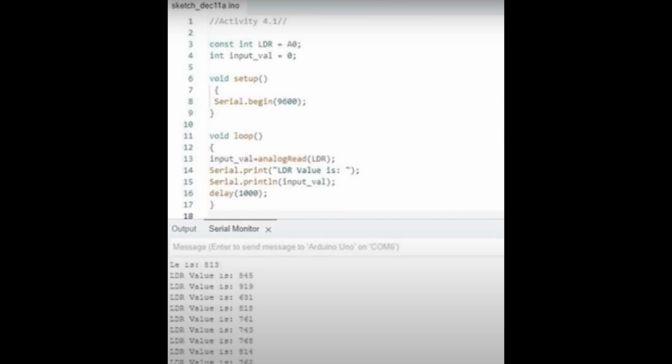Solution: a sketch for illuminating tilts. This code brings movement to light. It defines pins for 2 LEDs and the tilt sensor's output. It sets up serial communication for debugging and insights. In the loop(), it reads the tilt sensor value and uses an if statement to determine the tilt